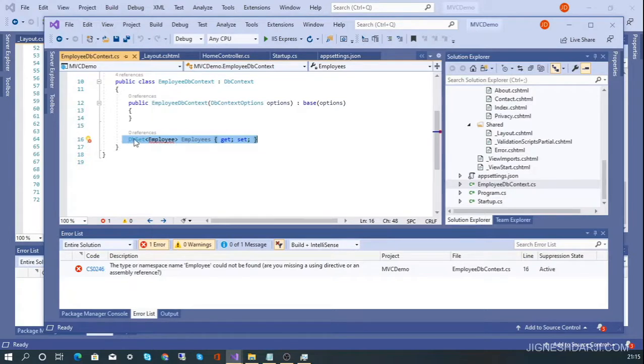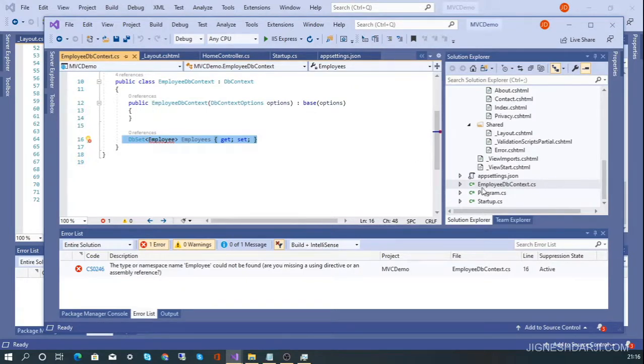We need to import all the models here before the migrations. We already have a connection string in the appsettings.json, so we need to use that connection string to create the DbContext.